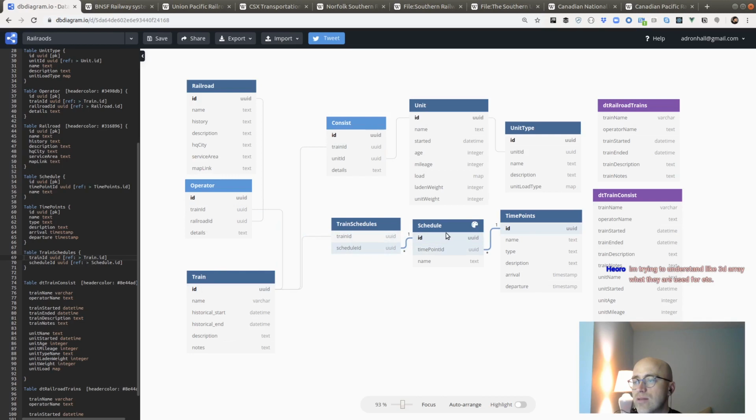A train can have many schedules, like if it's set up for different things. How do they want to organize that? That looks good. Okay.